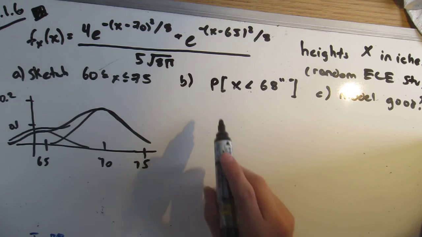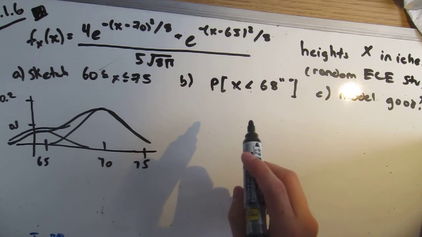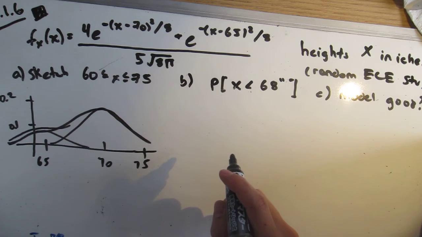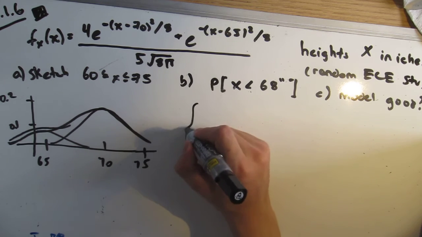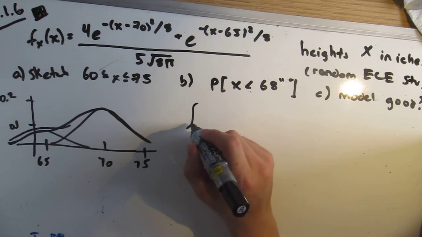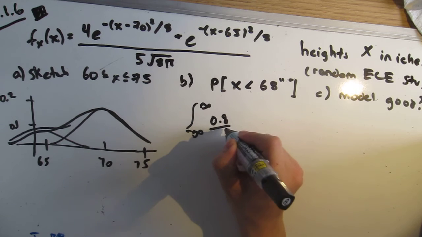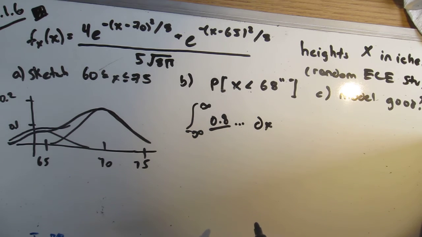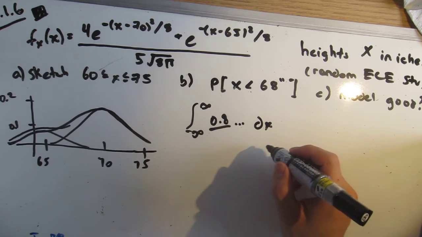And then here's the more interesting part. We're asked for the probability that x is less than 68. So we can just brute force this by doing calculus. We write the entire expression inside, and then you can get the answer. Or we can use a nice property,